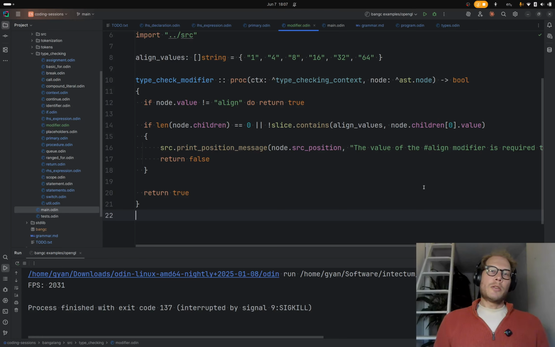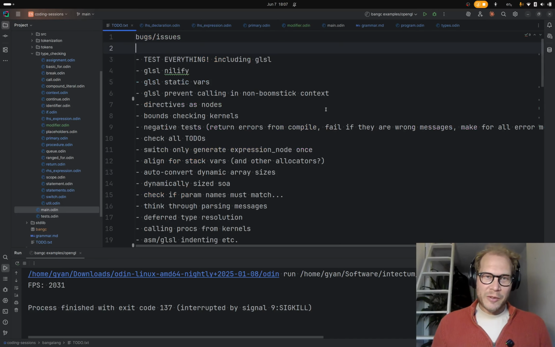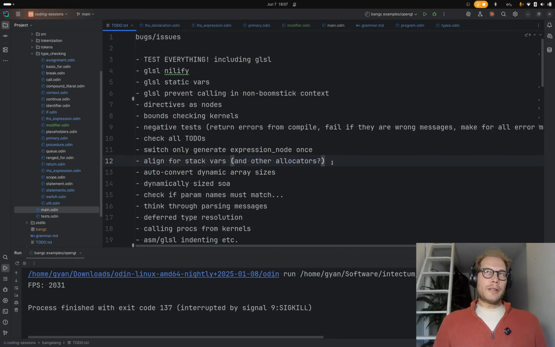Oh yeah, so the original message here that I used was align for stack vars, and then in brackets and other allocators. So actually, the stack is the one place where we can't use it. Well, we could, but it's more difficult and I can't be bothered right now, so I'm not going to support it. The other allocators, the custom allocators that we have right now, support it out of the box. I did some investigation.